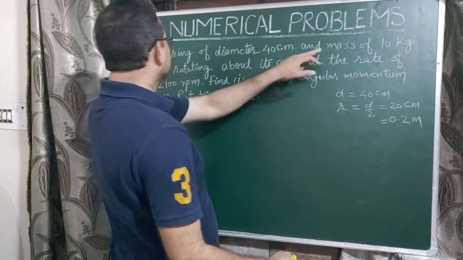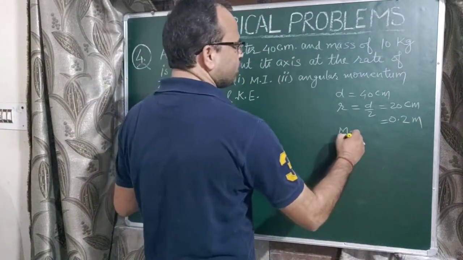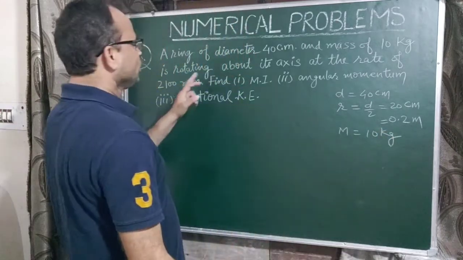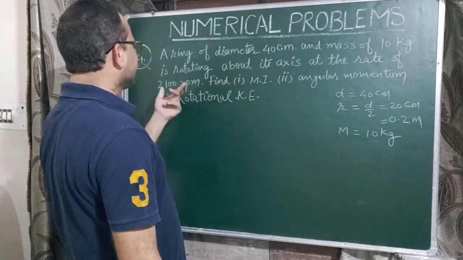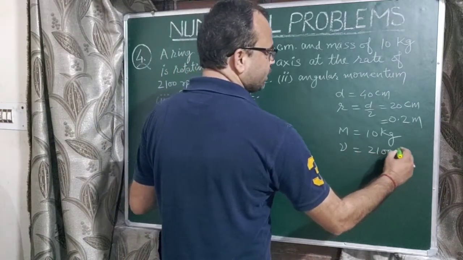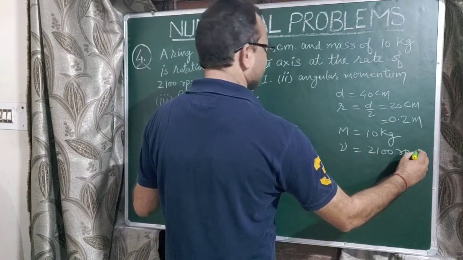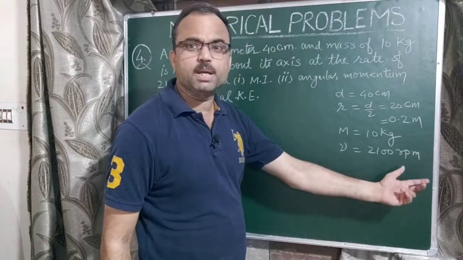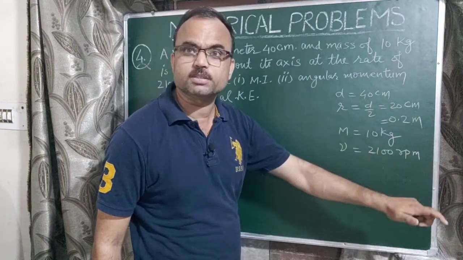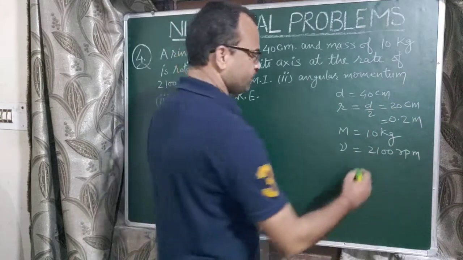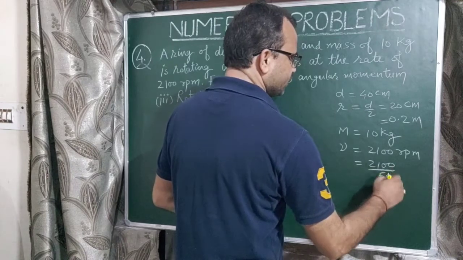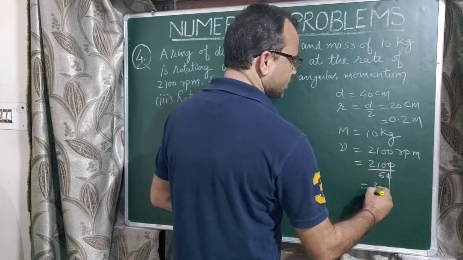Okay, and the mass of the ring is also given, 10 kg. It is rotating about an axis at a rate, meaning frequency, given as 2100 rpm. So first we convert rpm into rps, revolution per minute into revolution per second, by dividing by 60, so 2100 divided by 60 is 35